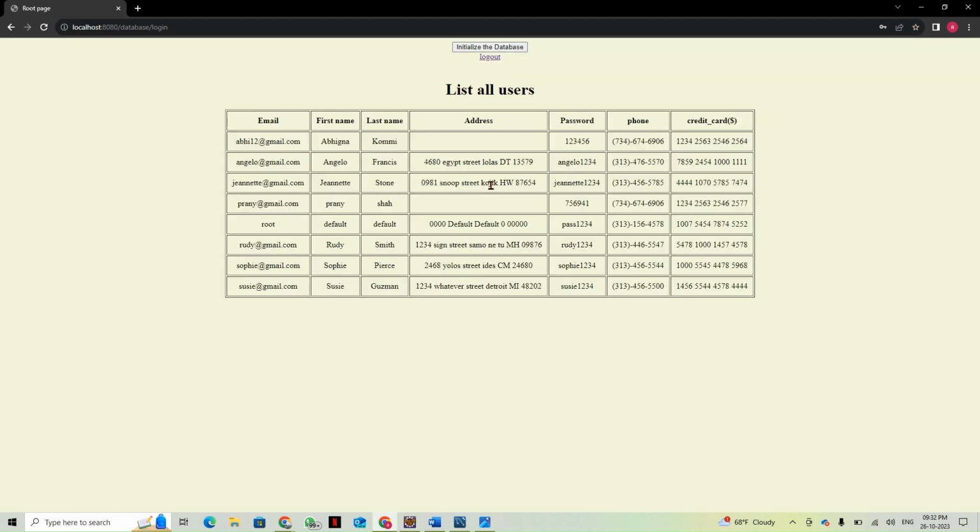Click on login. So this is the list of users which have already been registered over here. These are the new users, that is Abhigna and Prani. My partner just entered Prani's details over here. So this is how it works, and we have also given a logout button, so we can just log out